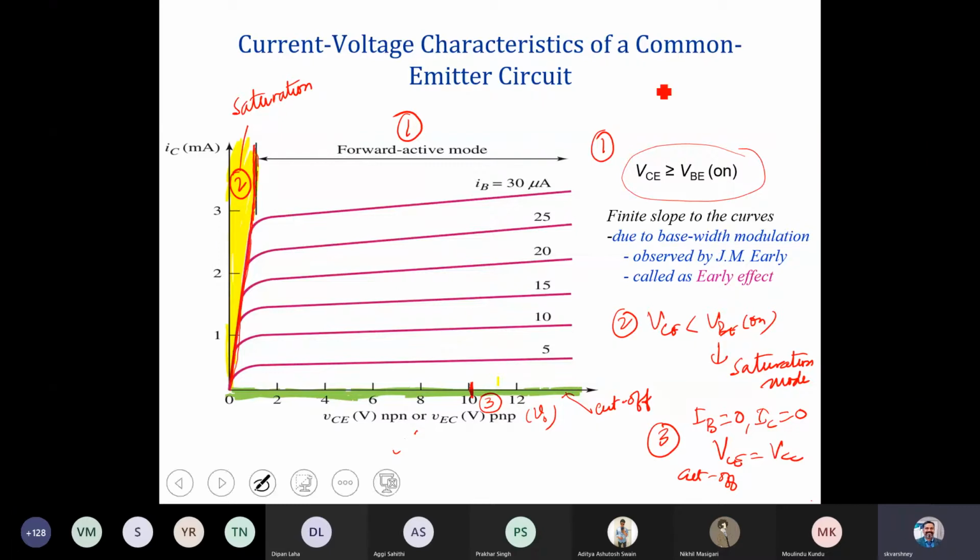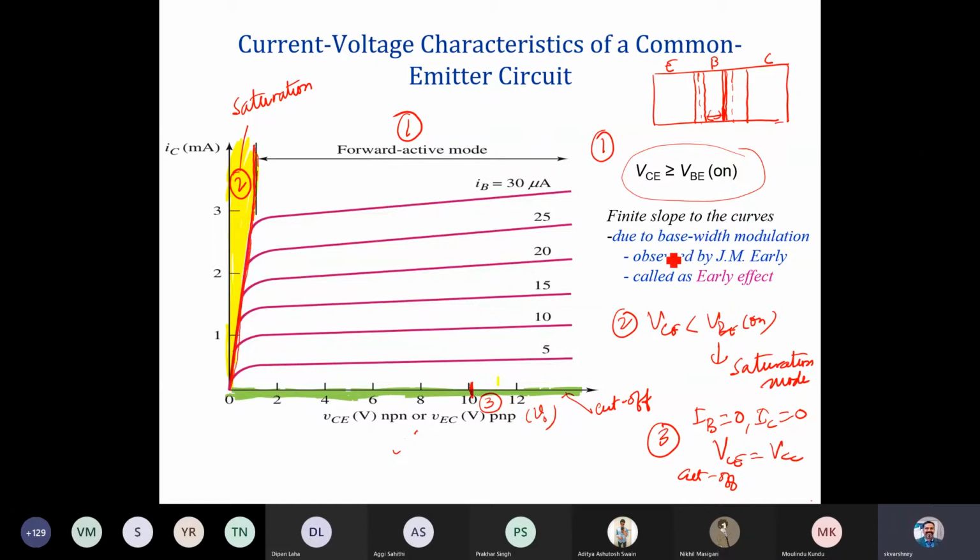That means if you look at this, this is the emitter, this is your base, and this is the collector. We have a less depleted region here, and a slightly broader depletion region there. So the depletion width is this, right? And if you keep changing the voltage, the base width gets modulated, it slightly changes.